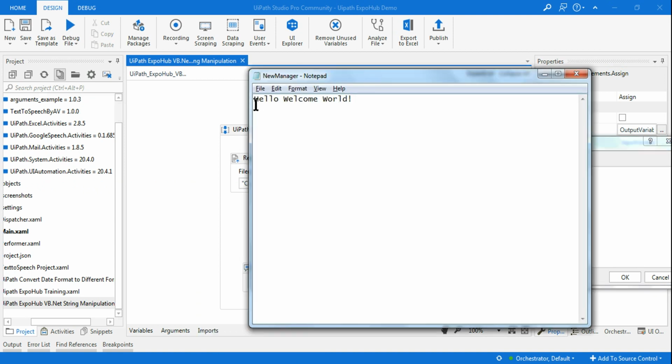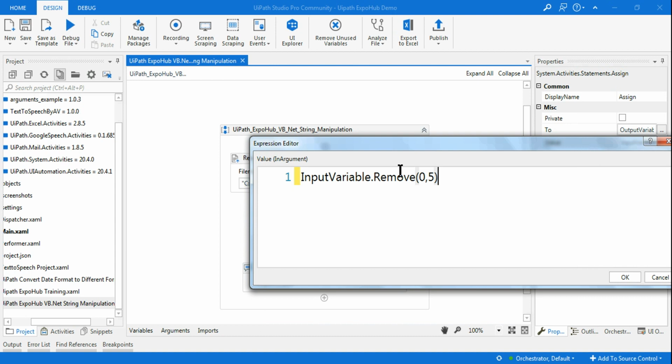So this is your input. The first character starts with the index number 0. So 0, 1, 2, 3, 4 and 5. Okay, so this is the fifth character. So when I'm saying 0 to 5, I always told you, when you are writing something like this, the last one will not be part of your result. Okay, so let me show you, then you will understand this.